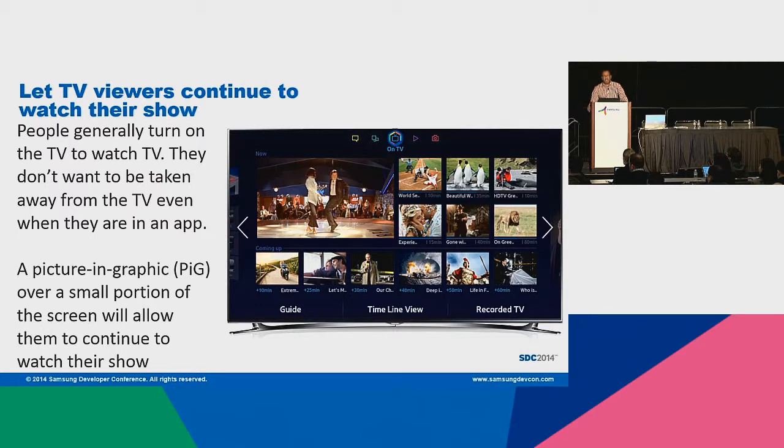Another thing to remember is that since we're designing for TV, you don't want to take people away from TV. So if you can, try to reduce TV within a pip, or maybe take up only a portion of the TV as an overlay. If the experience really does require more of a full screen view, at least let the audio play behind the UI so people feel that they're still within a TV world and they can get back to it easily if they needed to.